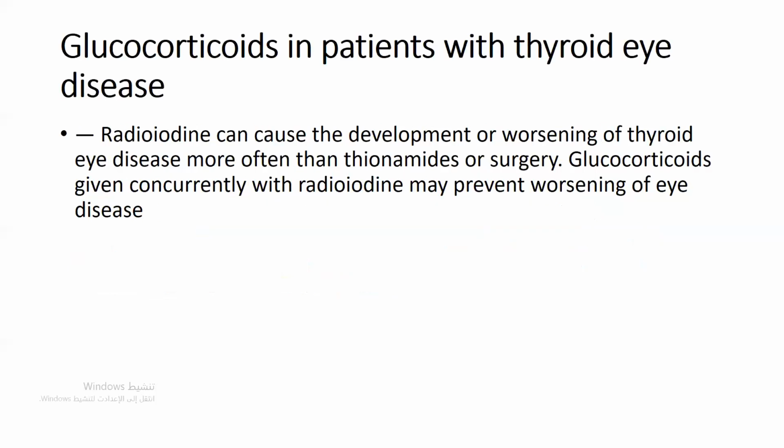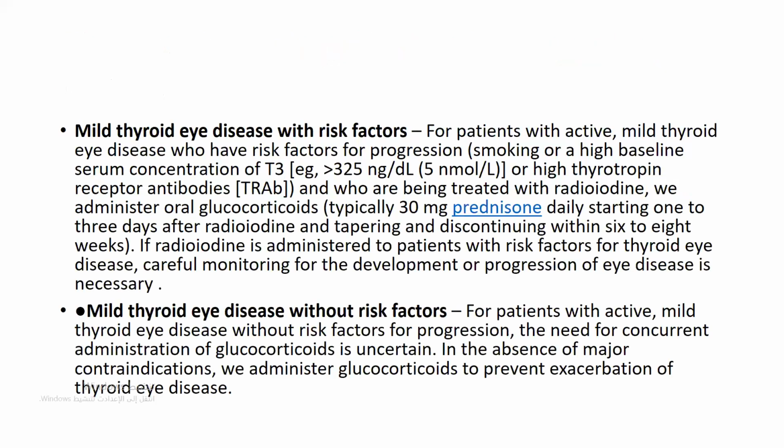What is the role of glucocorticoid in patients with thyroid eye disease? Radioiodine can cause development or worsening of thyroid eye disease more often than thionamide or surgery. Glucocorticoid given concurrently with radioiodine may prevent worsening of eye disease. Mild thyroid eye disease with risk factors for patient. This is very important. Please, if the patient has eye disease and it is active, use of steroid is recommended